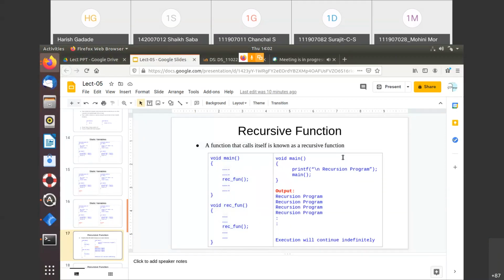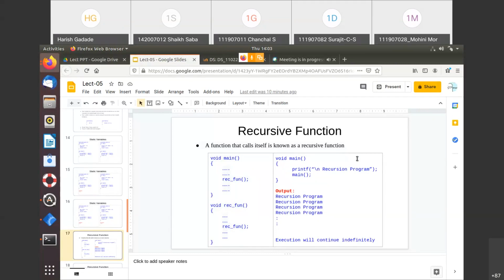But at this point, just understand that a recursive function uses the system stack. Getting my point? A recursive function uses the system stack for the execution, and that's why we don't have any defined function for the stack or something. That's why this becomes very small.